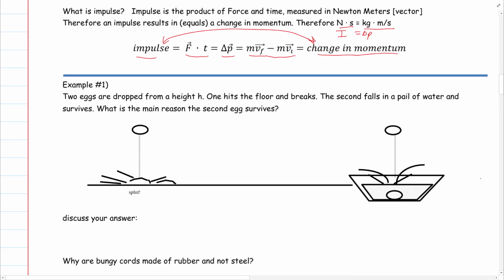So two eggs are dropped from the same height. One hits the floor and breaks, and the second hits the water and survives. It splashes down. Why does the second egg survive? Or say you have a building